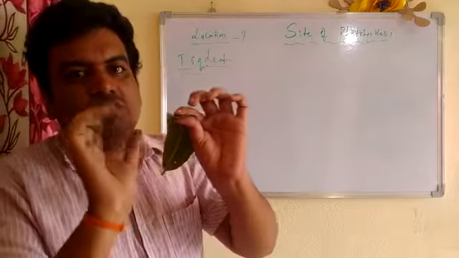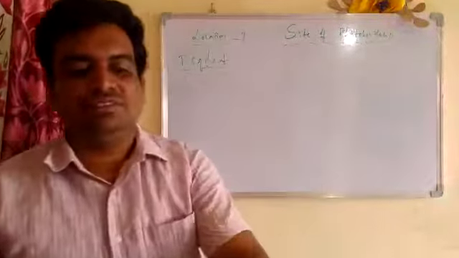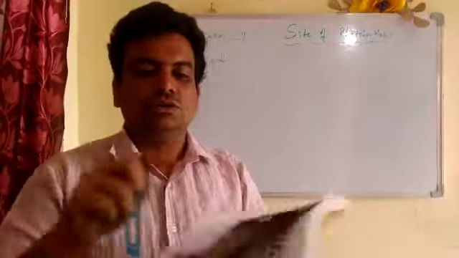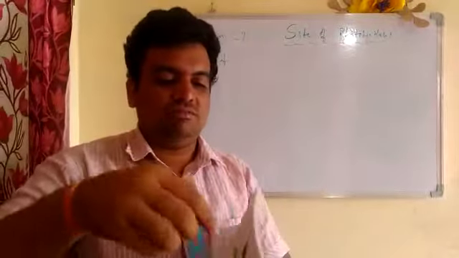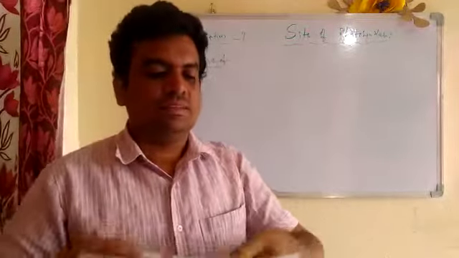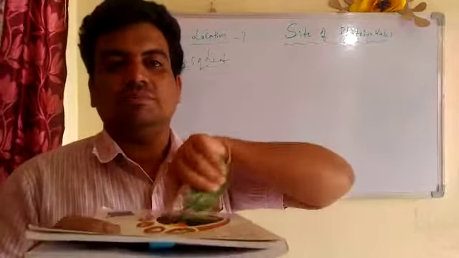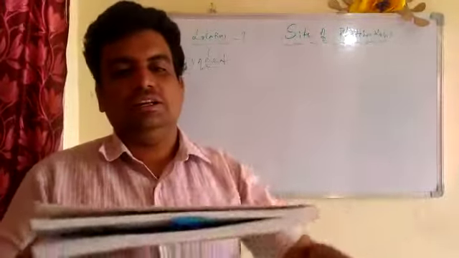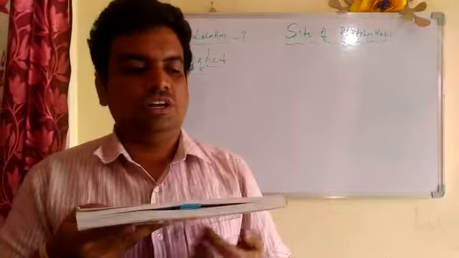Here, to make you understand, I am taking a book, children. Take the book as a leaf. The leaf has a midrib region like this. Here you can find the midrib by this small plastic material. So this is the lamina, and in between you can find what, children? The midrib. This one is the midrib. This one is the lamina. The upper layer is the upper epidermis. The lower layer is the lower epidermis. Okay, children? Upper epidermis, lower epidermis, midrib.